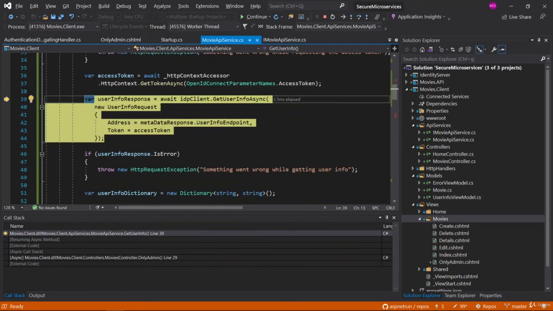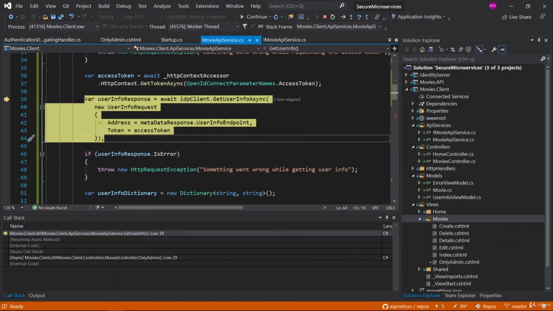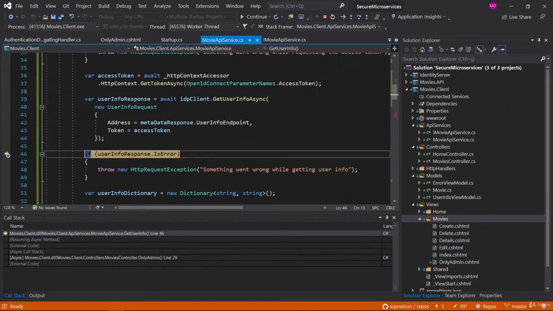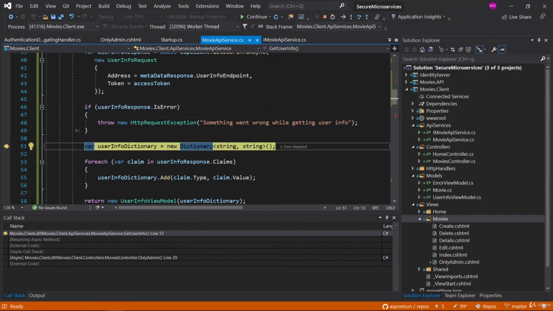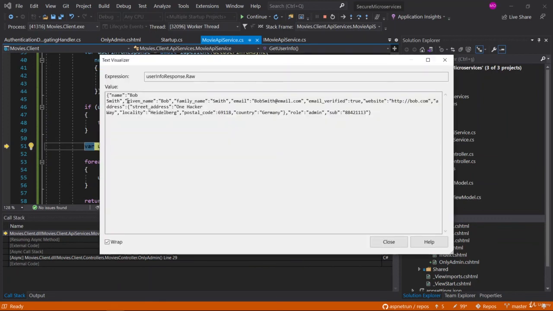Very good. Okay, this line of code is our crucial operation. We get user info with this access token and with the user info endpoint from the metadata response. You can check the other endpoints under the metadata definition, I mean the discovery document, but we are now focusing on the user info endpoint. Let me press F10, and now as you can see, we have a full user info response. You can get additional details about the user with this response. As you can see, there is a JSON response with name, given name, all of the claims, and other details included in the user info response from the identity server.